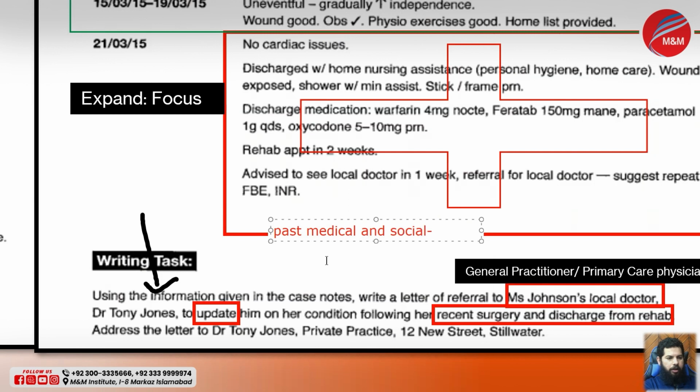Anyhow, whenever you have the task, first of all, you should go to the bottommost part and you need to read this task carefully. And I can read it here. Write a letter of referral to Mr. Johnson's local doctor, it means the GP, and update him on her condition following her recent surgery and discharge from the rehabilitation. So what I can learn from this line is that this letter is being written to the general practitioner,